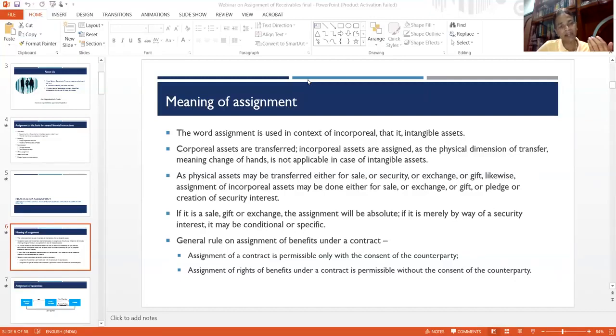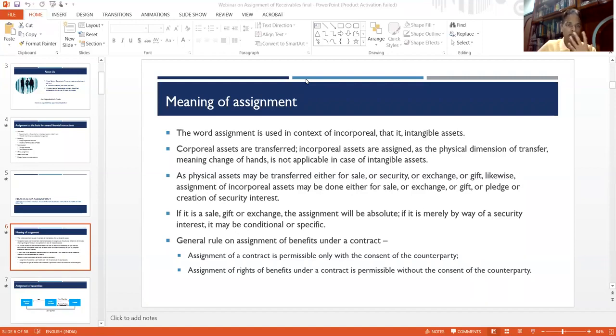Whereas if what I have is a benefit from a contract, a benefit of a contract is like a property. Like I can sell my car, I can sell my computer, I can sell my belongings. I did not need to go and ask anyone for that. Similarly, if I'm selling benefits of a contract, a benefit of a contract is as good a property like any